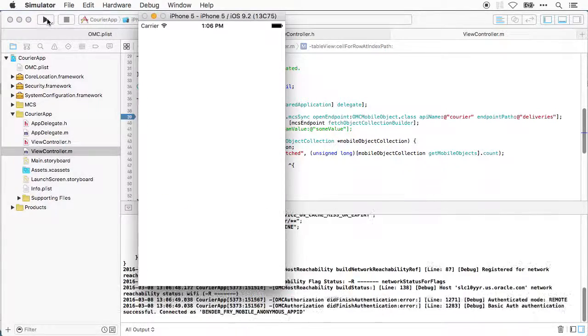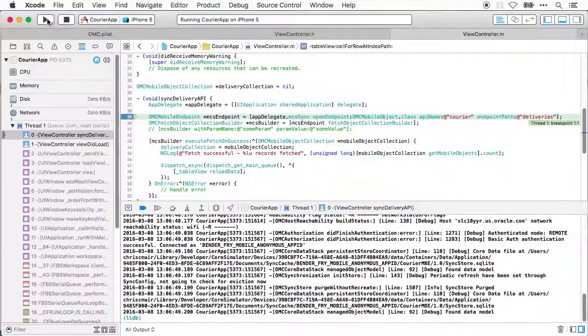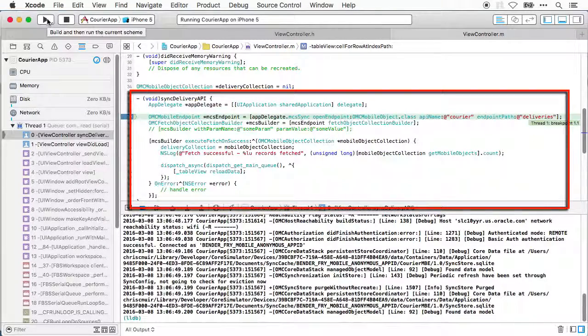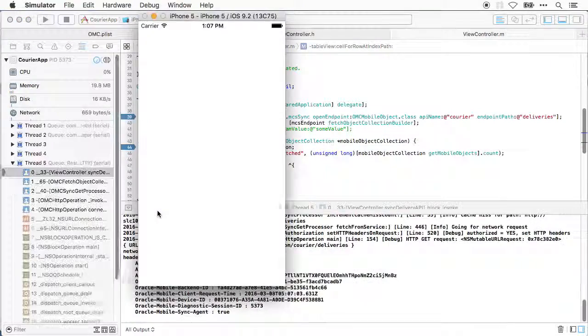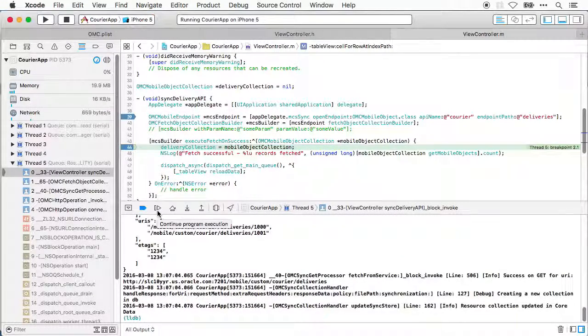Like previously, we can see the code executed in the app delegate, an anonymous login against MCS, and the sync engine being initialized. But now, on accessing our view controller, our sync delivery API function is called by the viewDidLoad method. Only once we execute our fetch object collection builder execute fetch on success method do we see our first set of log entries. You'll remember our fetch policy for the courier API is fetch from service on cache miss